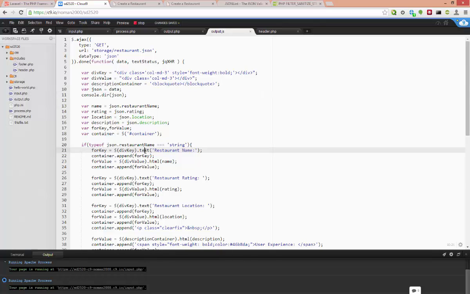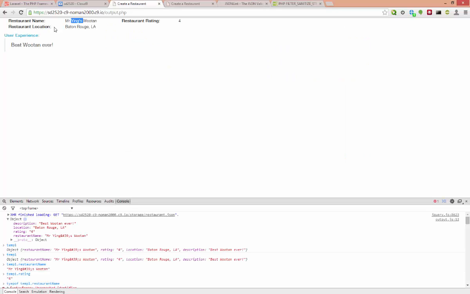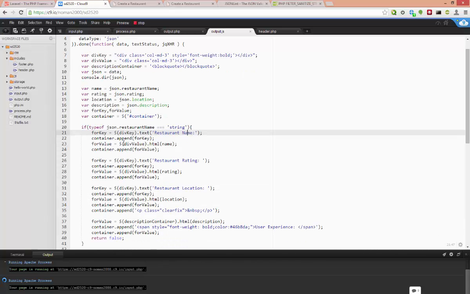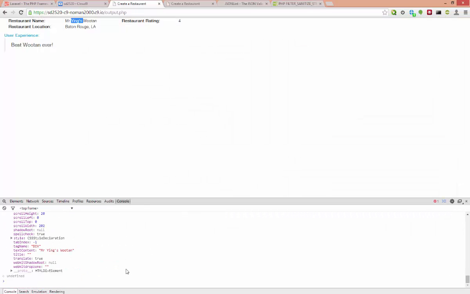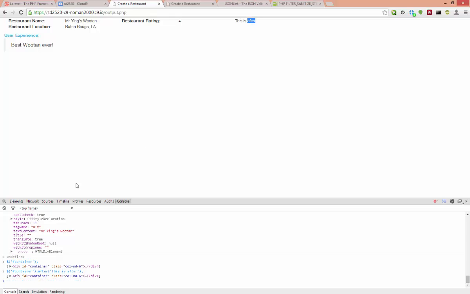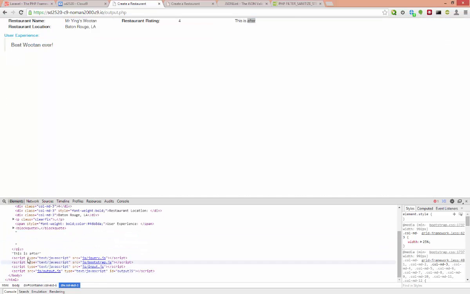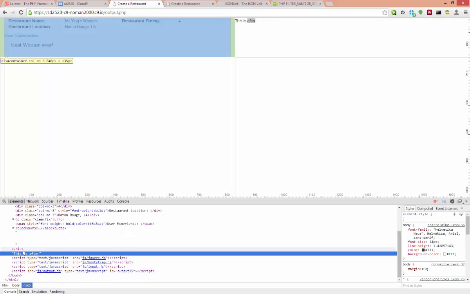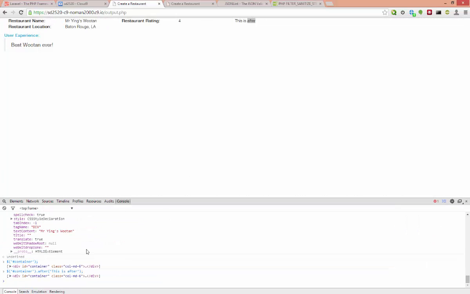But for these ones right here with restaurant name, that's perfectly fine because I'm just outputting literally restaurant name, rating, etc. So it just does that all the time. This append here inside of jQuery, which we're not really covering yet, you can either, if I say .after, that will put something after it. So if I look at my elements here, this is after the div container tag. I can also put something